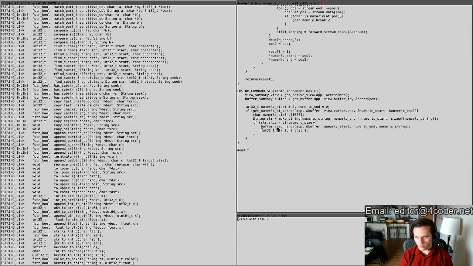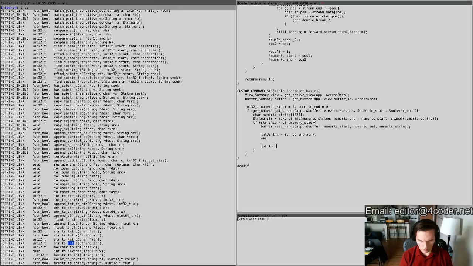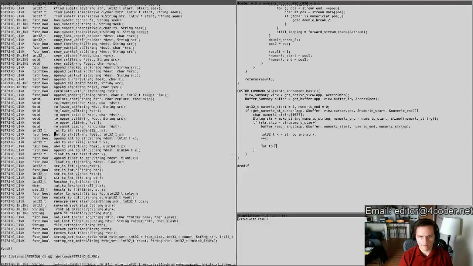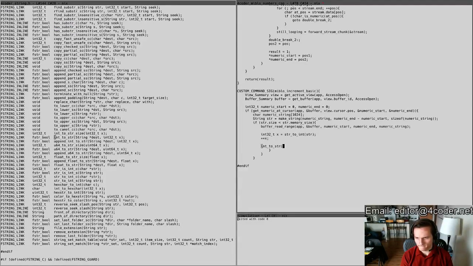Int32 t x equals plus plus x, and then I will do int to string around here somewhere, into that string, x plus 1. Let's do it that way. Okay. So read out the x and write in a new one, and then instead of writing this into the